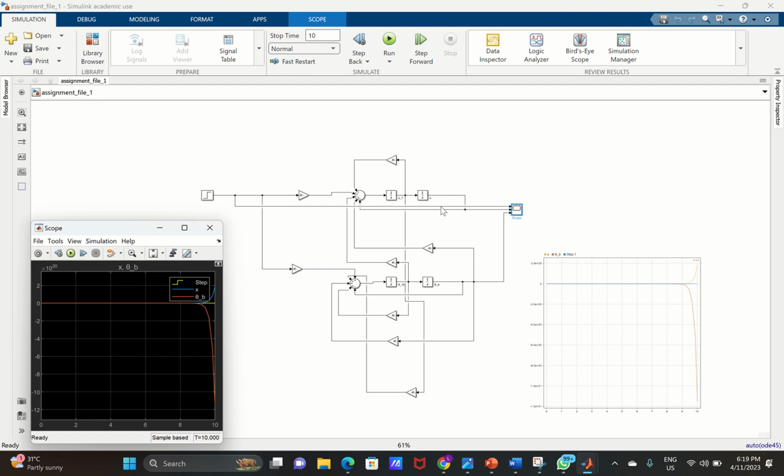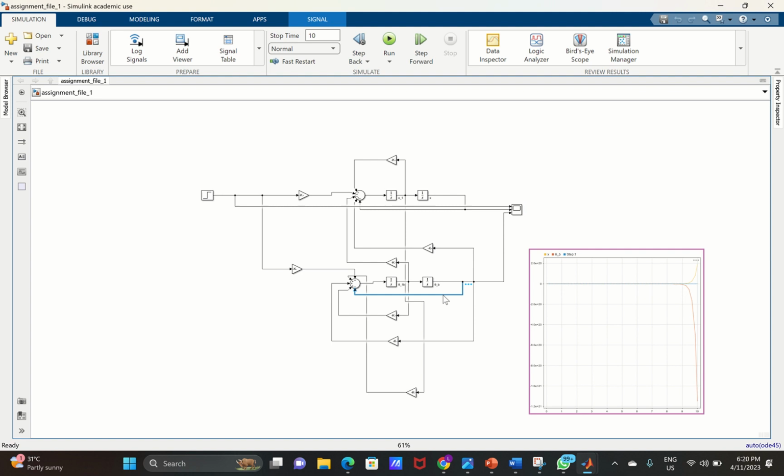However, we are also able to view the system in a mode where we have no feedback fed into the system. Actually, this was a scenario where the feedback is fed into the system. So we shall simply remove this feedback. For example, for theta b, we shall remove this feedback to see what happens for the system. If we remove this and remove the feedback from x as well, which is this,